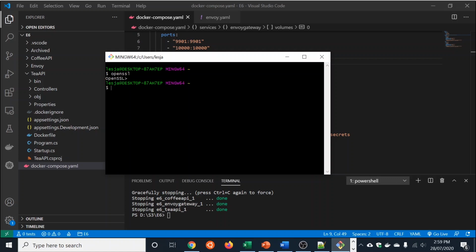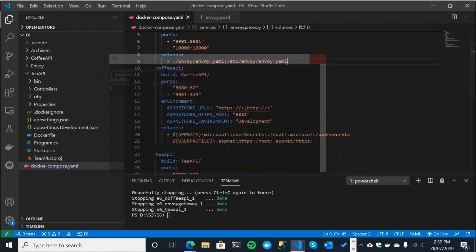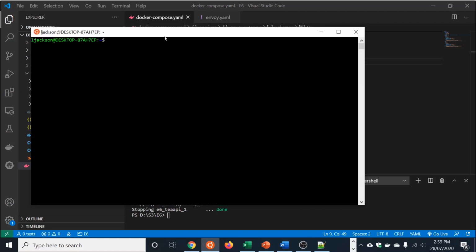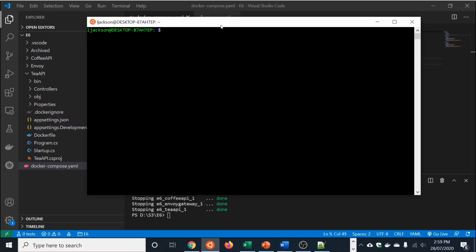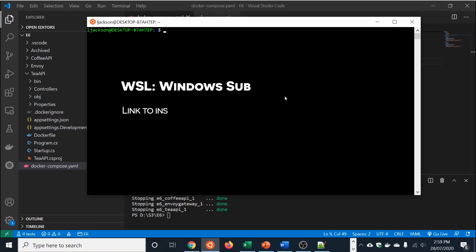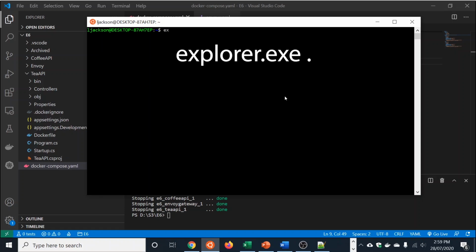So you can use that, or of course you can just Google it and download the binary, or as I'm going to do, I'm going to use my version of Ubuntu running on Windows, which is running on WSL, Windows Subsystem for Linux, which is rather nice. So I'm going to use that, and I have OpenSSL available to me from here. So the first thing I'm going to do is open an Explorer window, which is quite cool.